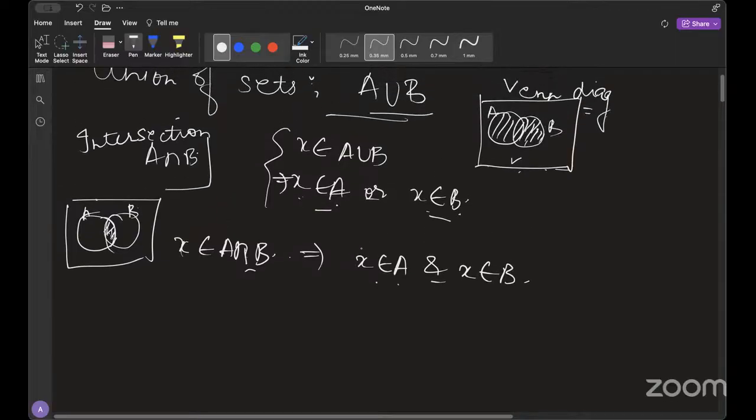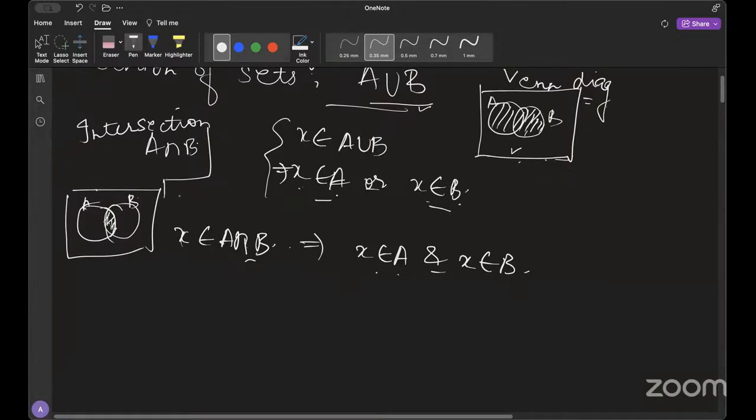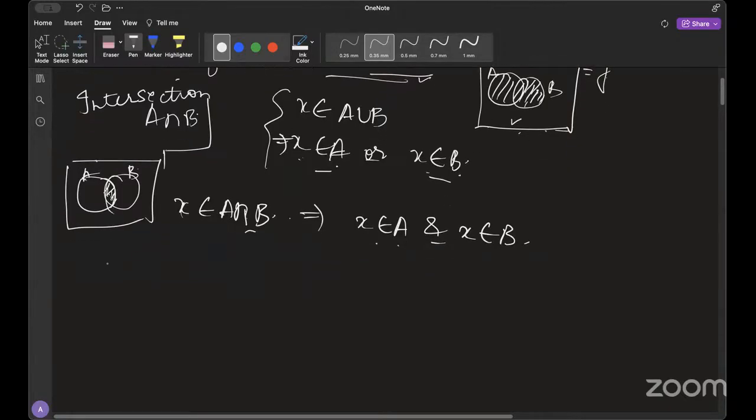That's what it means by union and intersection. This is of two sets only, but you can take it for more than two sets and for a lot of sets. That's fine. The definition part is clear, and then we have